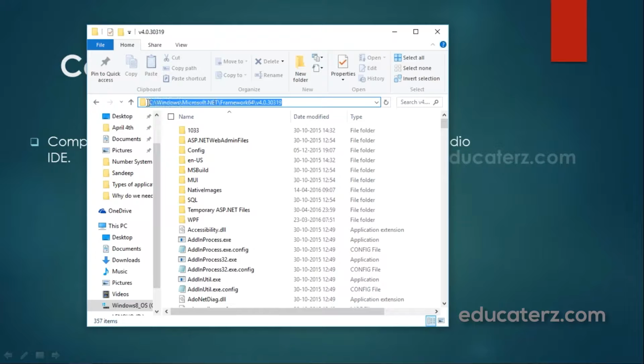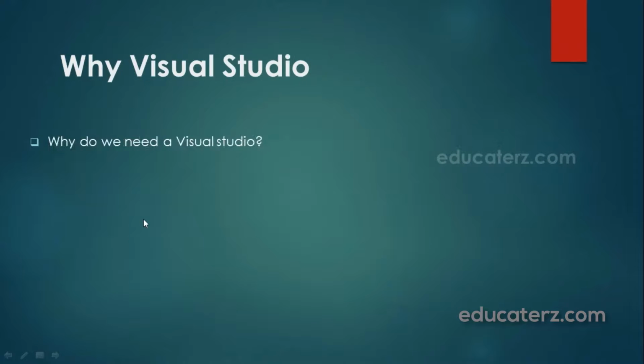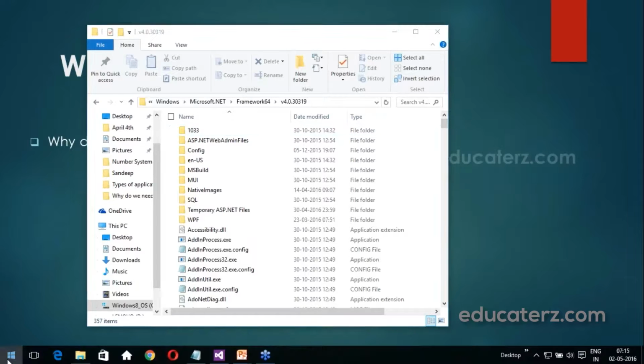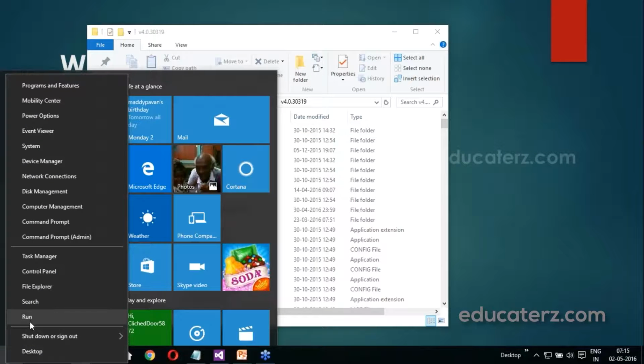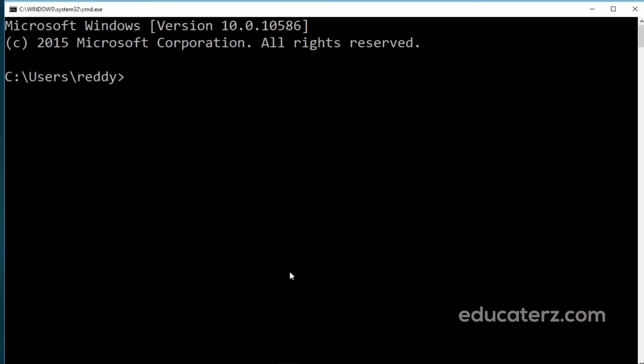Copy this. I just copied it, and then open the command prompt. How to open a command prompt? Click on Start, click on Run, type cmd, click on OK. You'll get a window like this. You need to know where your program is saved.